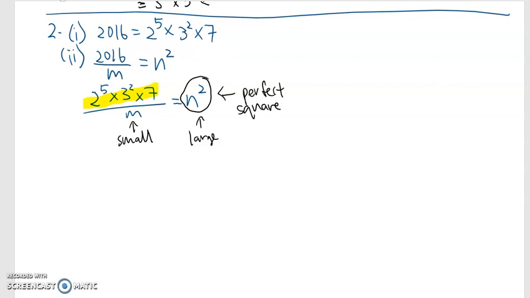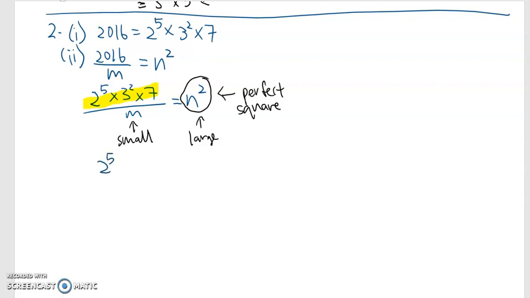Very similar to question 1, but they phrase it a little bit differently, so that it's slightly more challenging in this case. So what can m and n square be? I want n square as a whole to be a perfect square. If I look at this, 2 to the power of 5 is not a perfect square, and I'm going to divide it by m to make it a perfect square. When I divide, I reduce the power. So 2 to the power of 4,